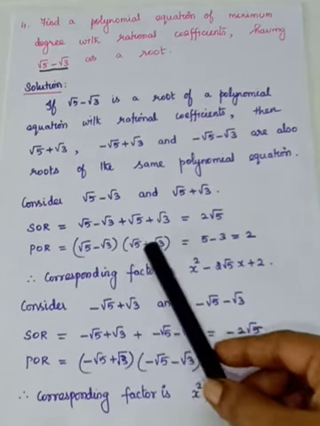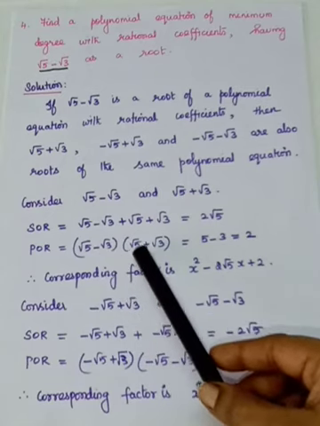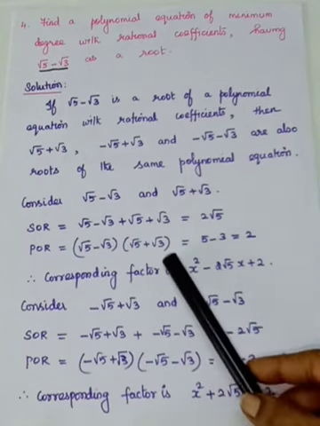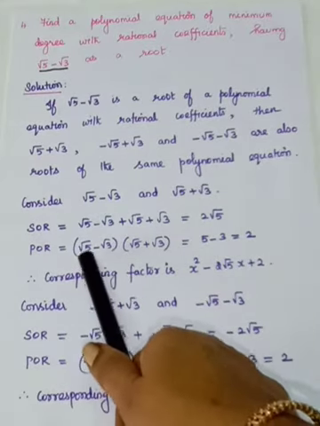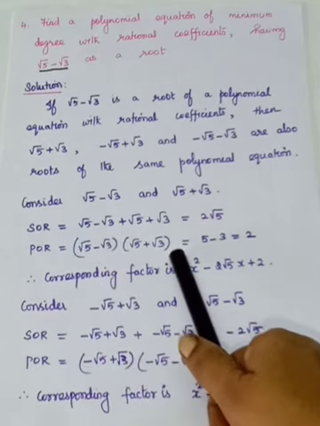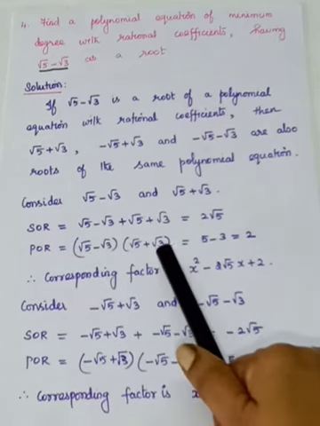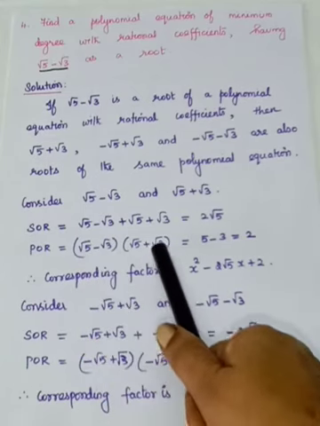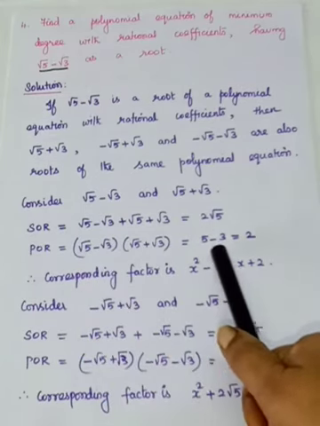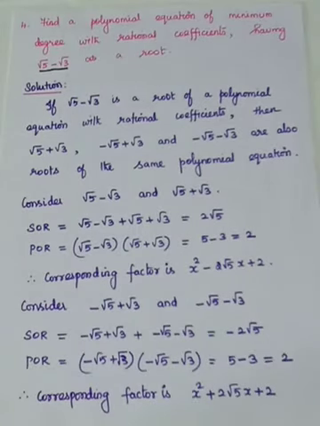When you go for the product, it is root 5 minus root 3 into root 5 plus root 3. They are not imaginary numbers. Imaginary number means you have to use the formula z bar is equal to real part the whole square plus imaginary part the whole square. Here it is in the form of a plus b into a minus b. So they are not imaginary numbers. So a plus b into a minus b is a squared minus b squared. You see now? A squared minus b squared.